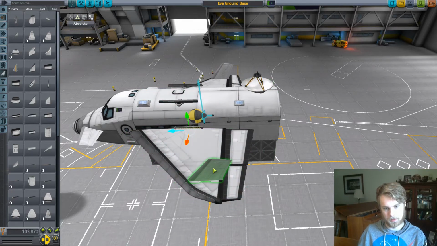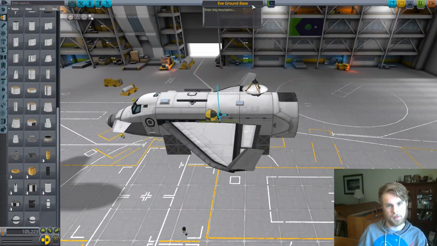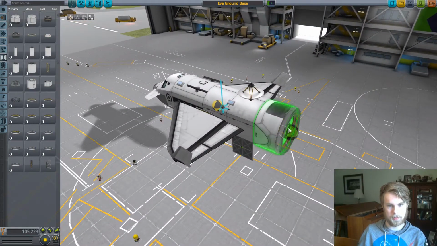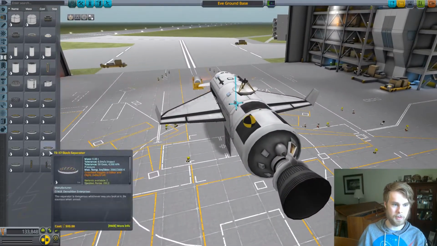I'm going to move this up so the centers are good, and I'm actually going to move these back as far as it'll go without looking goofy. Alright, let's test this. So, this isn't the final rocket, and because of the wings, which are going to be a huge problem,